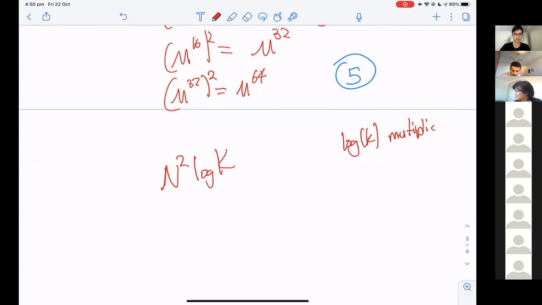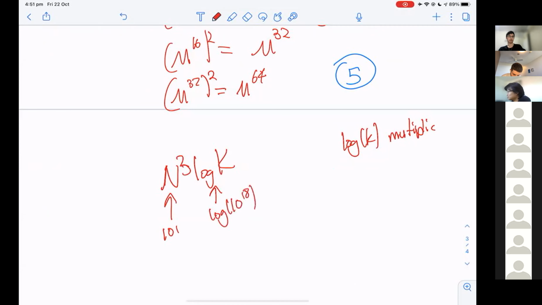In fact, in this case, n cubed times log k, n is the size of our matrix, up to 100. Technically 101 because of the empty string. And k is up to 10 to the power of 18, so log k, this is log base 2, is about 60. So we have 60 times 100 cubed equals 60 million, which is fast enough. So if k is a power of 2, we're done.